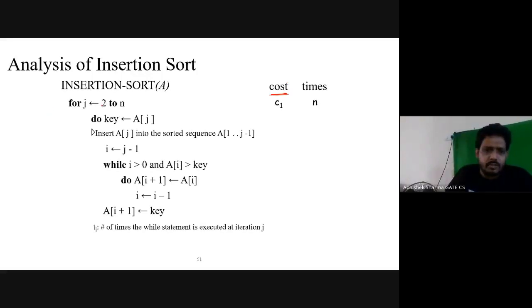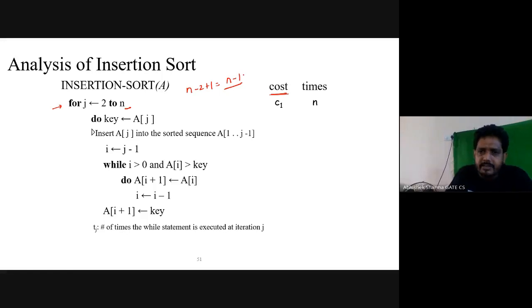The first one, suppose the cost is C1, and how many times will it be executed? I already told you: upper bound minus lower bound plus 1. So n minus 2 plus 1, which is n minus 1 times.